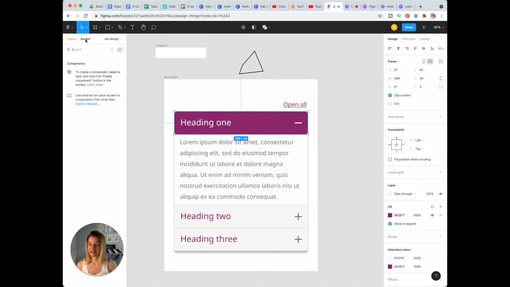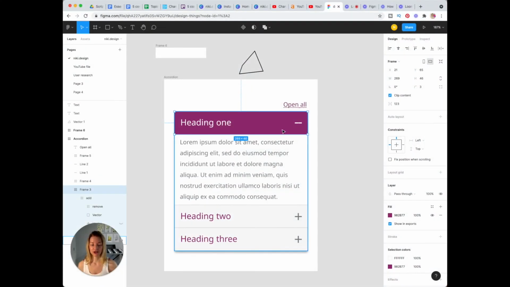On the Asset tab, if you would be part of a larger organization or you would be part of a group that's using a design system or a design library, then you would be able to access the theme library through here and all of the assets that's included in the theme library.